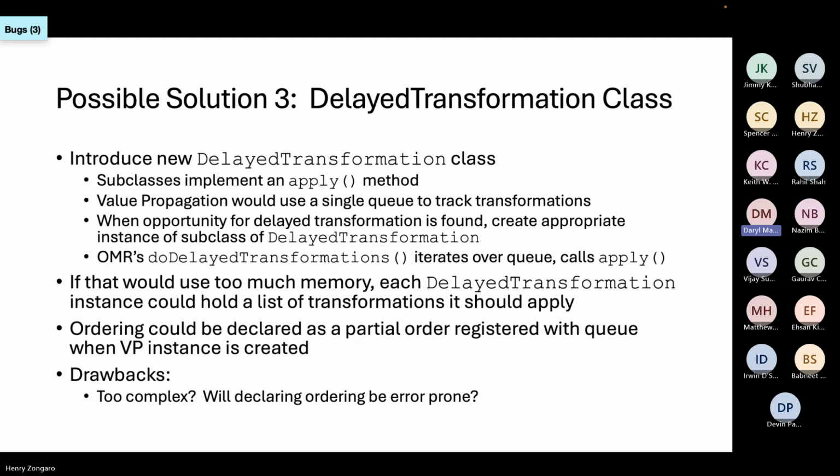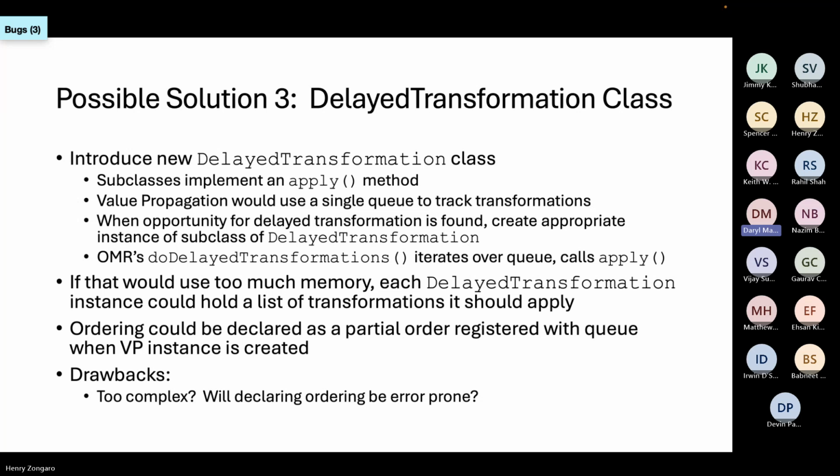So it could be that we would have one instance of delayed transformations and have lists in each of those, basically relocating the lists that VP has today into each individual kind of delayed transformation. But that part aside, the important thing here is the possibility then of